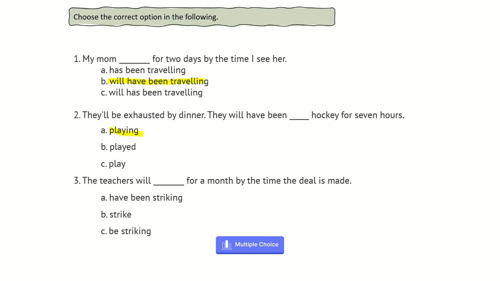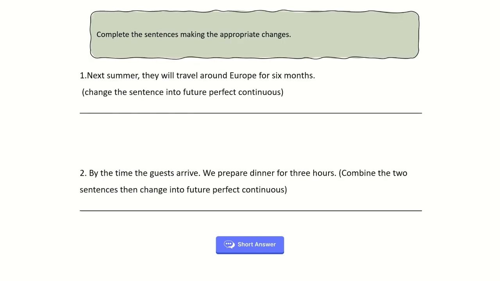The teachers will have been striking for a month by the time the deal is made. Why this one, not this one? Because I have a time expression that indicates the duration of the action. Why is it not "the teachers will be striking"? Because we also use future continuous to talk about an action that will be in progress at a specific time in the future. Yeah, but because I have this time expression to focus on duration, my correct answer is this one. The teachers will have been striking. Okay,